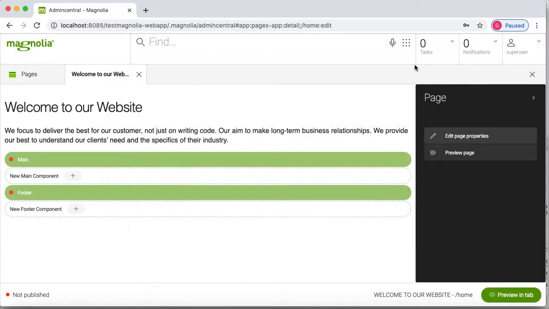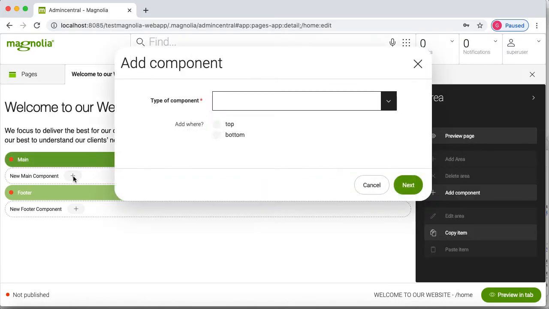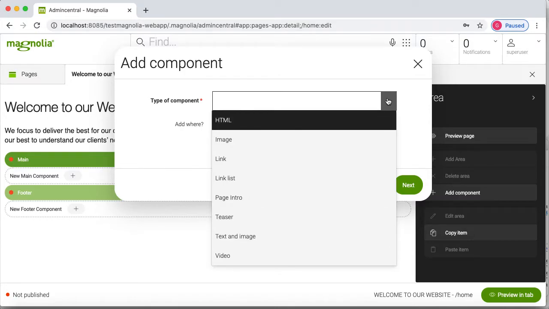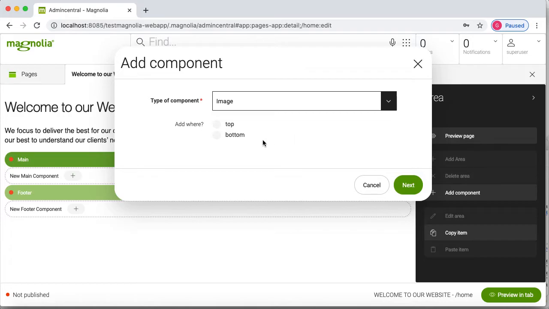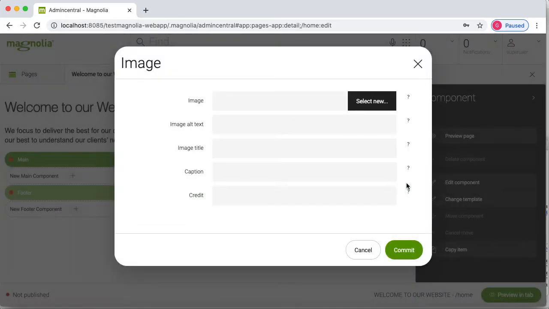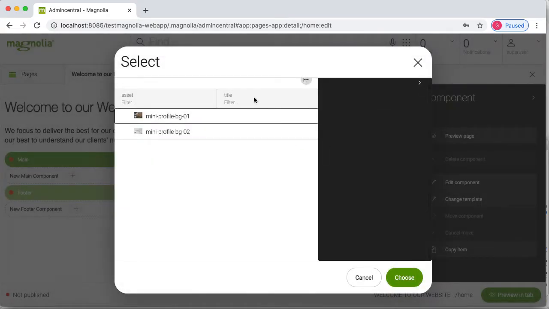So this is what I have shown you. Apart from this, I will use the asset in this page. I will use this option, new main component. I will click here and select image, and for the location I will use bottom, and then next. I will select the image from the asset, this first image.